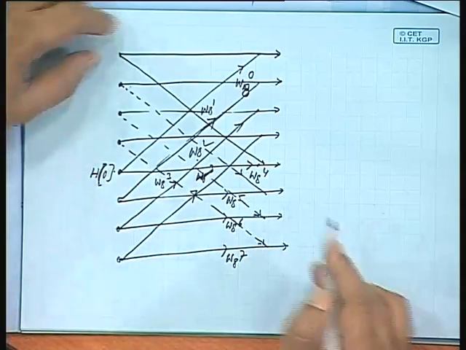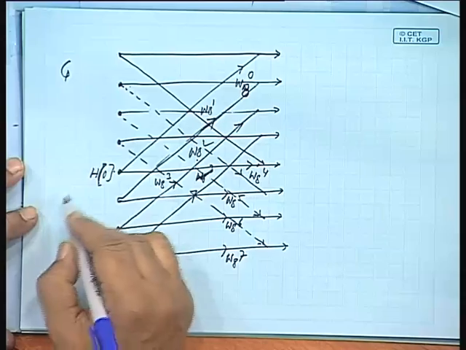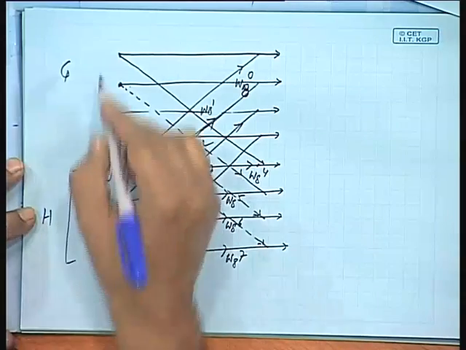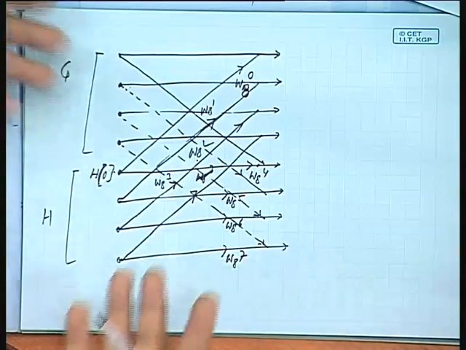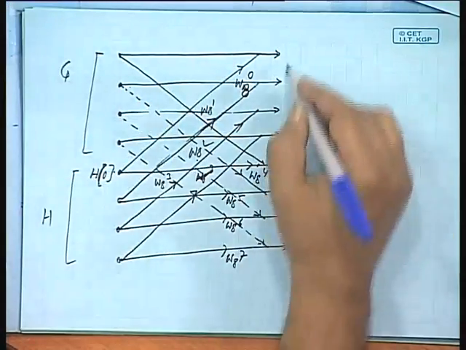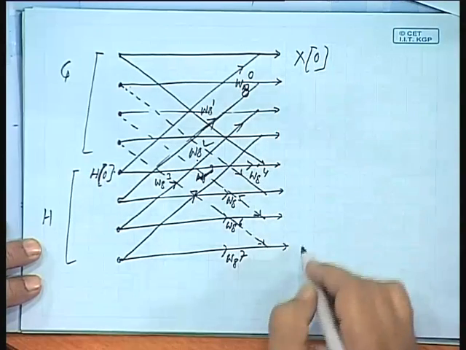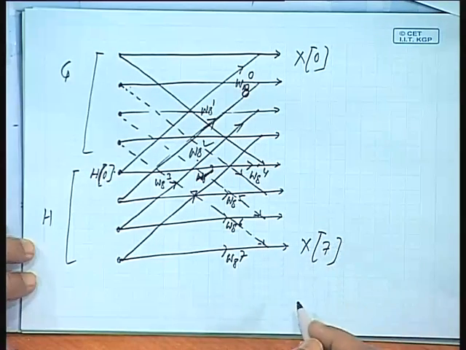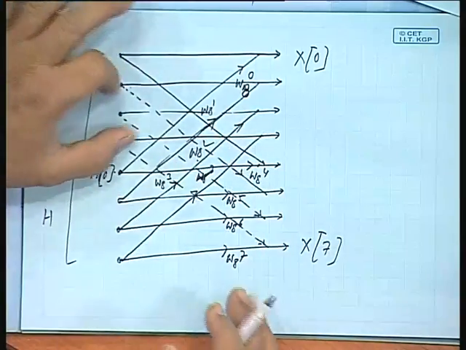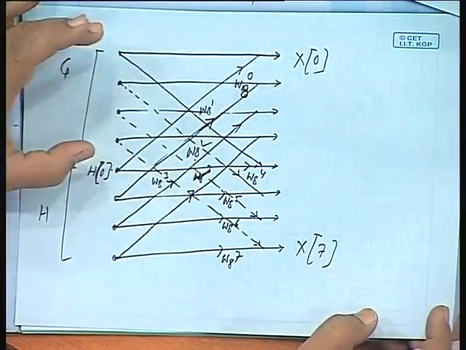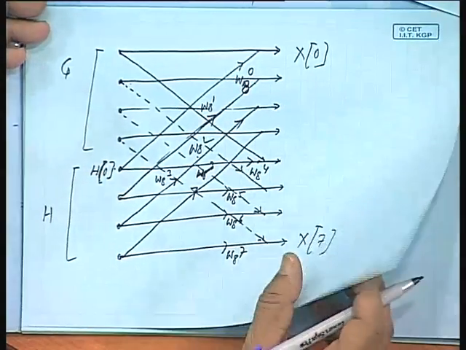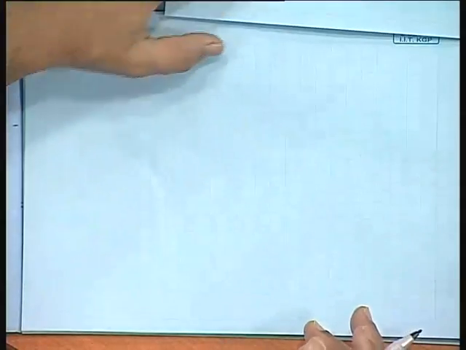Okay. So, these are the G's and these are the H's, G0, G1, G2, G3, H0, H1, H2, H3. So, they are to be added like this. I will get X0, X1 up to X7. See, these are 4-point butterflies, we call them butterflies. By the same logic, G and H can also be computed from say 2-point sequences. So, if we break it down further, it will be